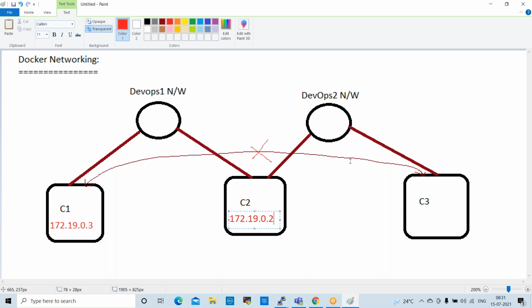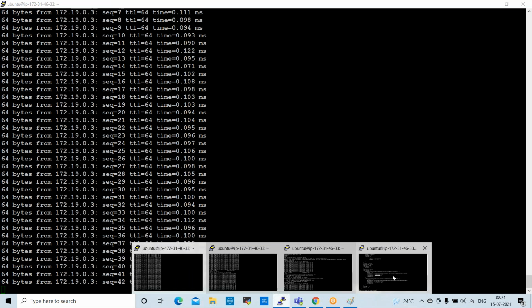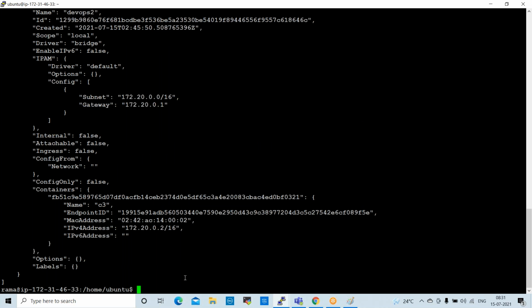Now we can inspect the other network. Docker network inspect DevOps 2 network. C3 is available here. See here, the network ID changed completely, 172.20.0.2.